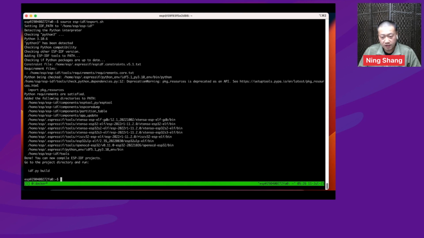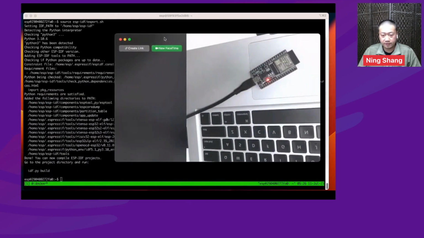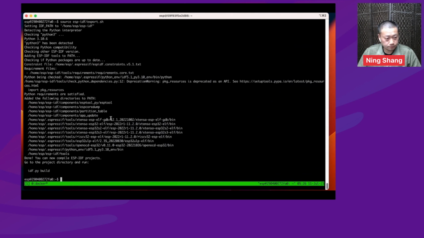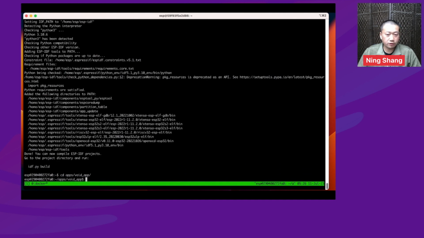Now the IDF environment is activated, and the device is connected to the host machine running Docker. That's ESP32. So now let's use the Void app.